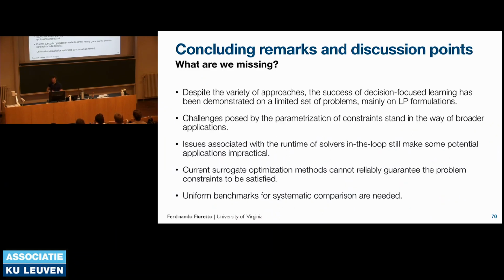Now, there are a lot more open questions. I'm sure when our survey is out, you will have the chance of reading many more. But a few of them are challenges that are now limiting the adoption of the techniques that I have reviewed in the second part of the talk. One is really the constraint that we have on the problem form. So in the last part of the talk, I presented one possible technique to overcome this challenge, but most of the techniques that we have studied are limited in the problem form, either QP or LP or MILPs. So how do we go beyond that? The other problem is efficiency.